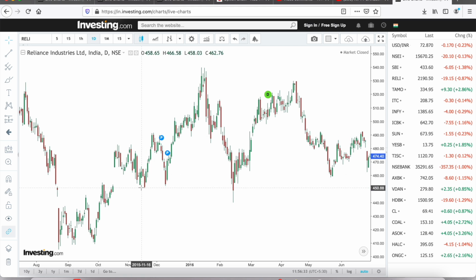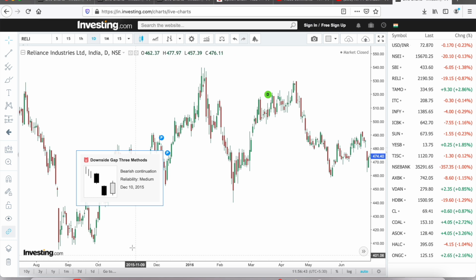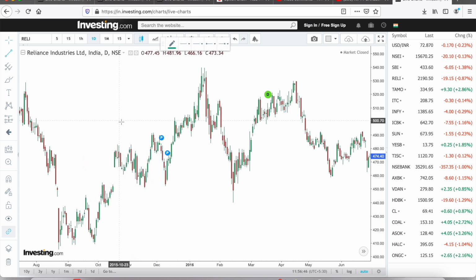It made a low, that was 450. The next low is higher than the previous low, that is 452. It is higher. The third low is again higher, 484. And if you notice, you start putting here, you make it as 1, you make this as 2, you make this as 3, this is 5, and it can go up to this area,